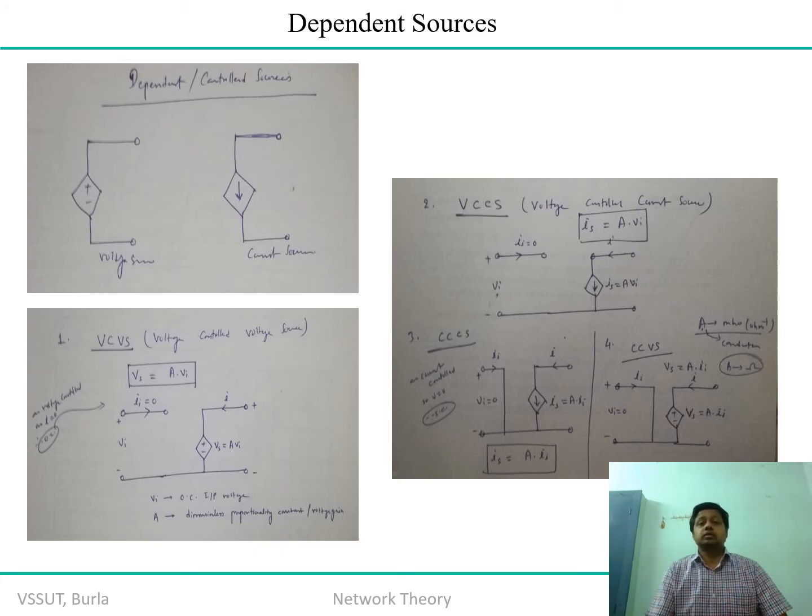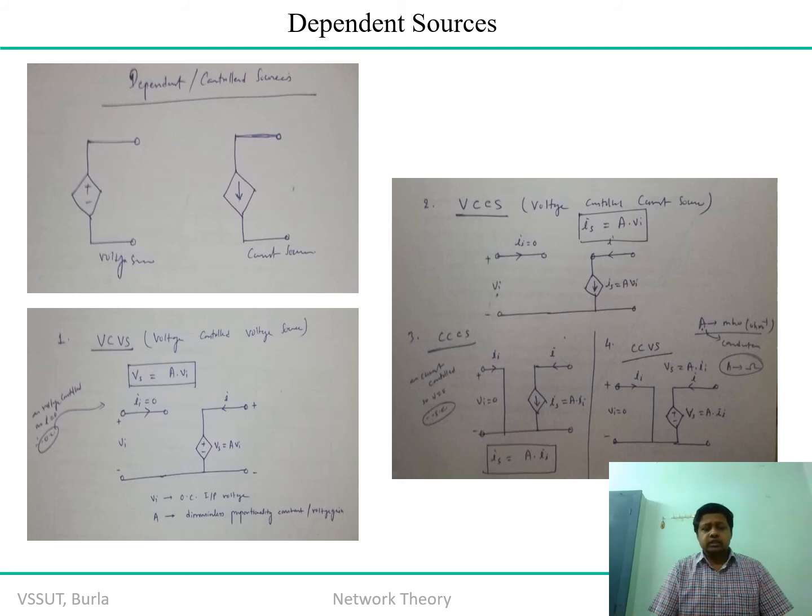So the dependent or controlled sources now give four possibilities, as you can appreciate in this particular slide. The first is the voltage controlled voltage source, a kind of voltage source which is driven or controlled by another voltage in this electrical or electronic network. Similarly, you can have a voltage controlled current source, a current source which is controlled by some other voltage in that particular network. Similarly, as far as current sources are concerned, there are again two categories: current controlled current source and current controlled voltage source. So let us see one after the other.